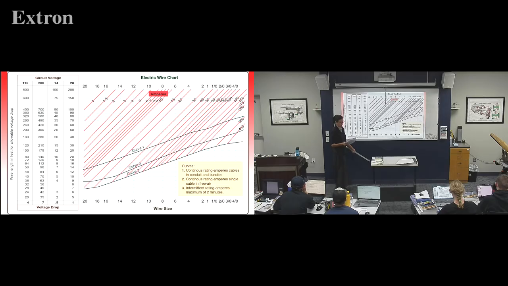That means we're using note 1. Current of 20 amps, 10 feet from the bus. So we're still using 28, but we're 10 feet. So we're going to be going there. And 10 feet from the bus of 28 volt system. And 20 amps. So this is our line here. So we're going to